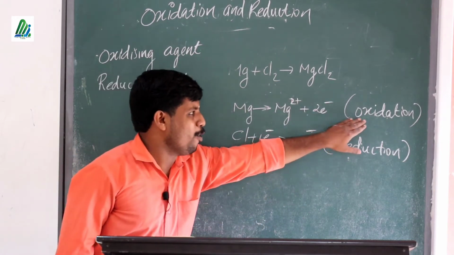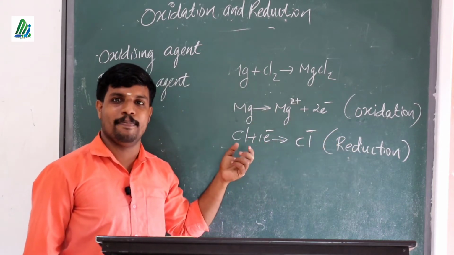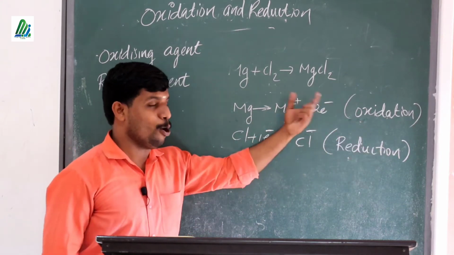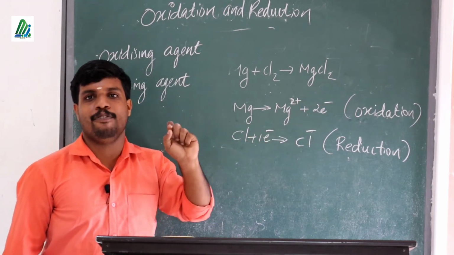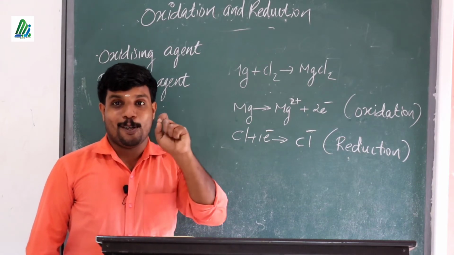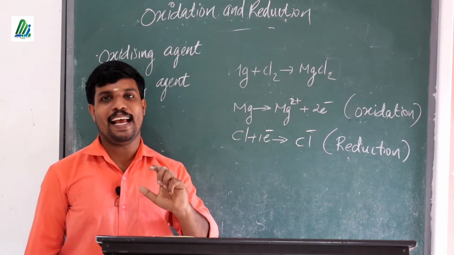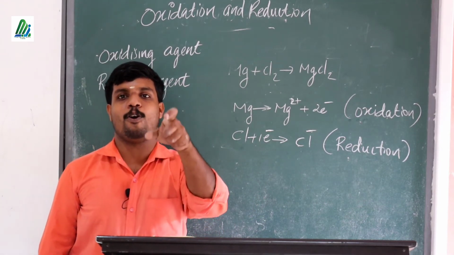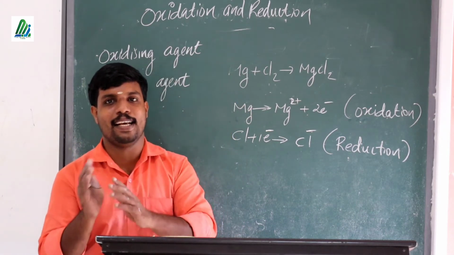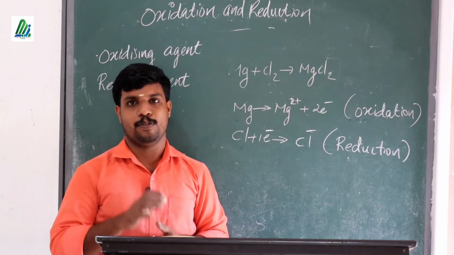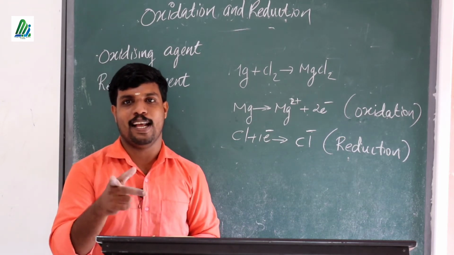It is easy. The oxidation-occurring atom is the reducing agent; the reduction-occurring atom is the oxidizing agent. What is oxidation? The process of donating electrons. What is reduction? Accepting or gaining electrons. The electron-donating atom is the reducing agent, and the electron-accepting atom is the oxidizing agent. You need to take care about this point: oxidation and reduction, oxidizing agent and reducing agent are always interchanged. So please take care about them.